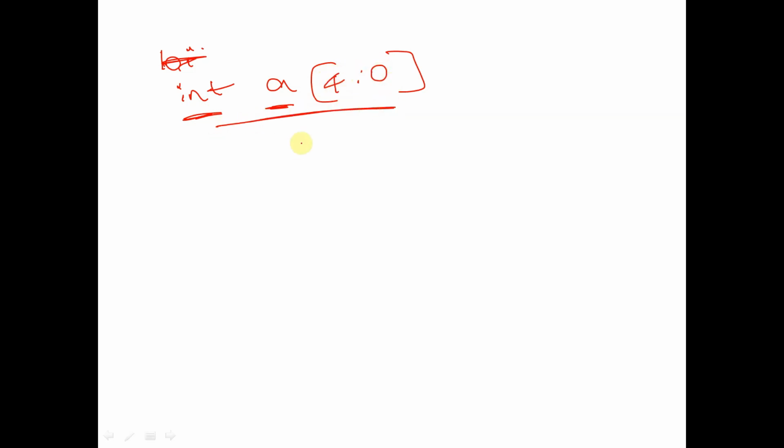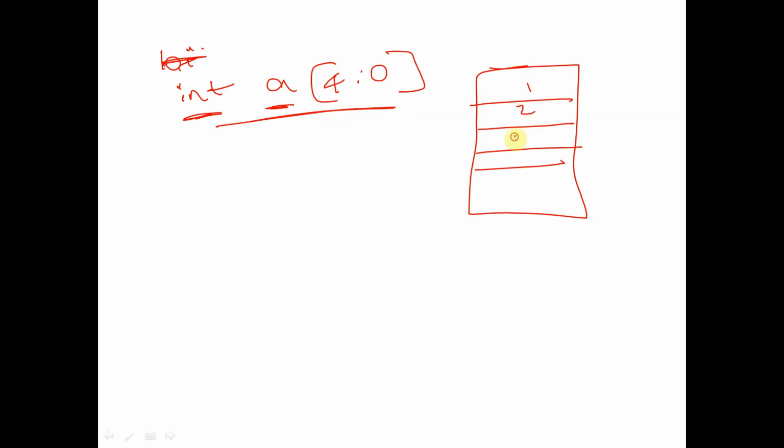So this is one type of representation, that is an array will be created of 5 locations, 1 2 3 4 5. Each location consists of a data type of int. So there are 5 locations present here,